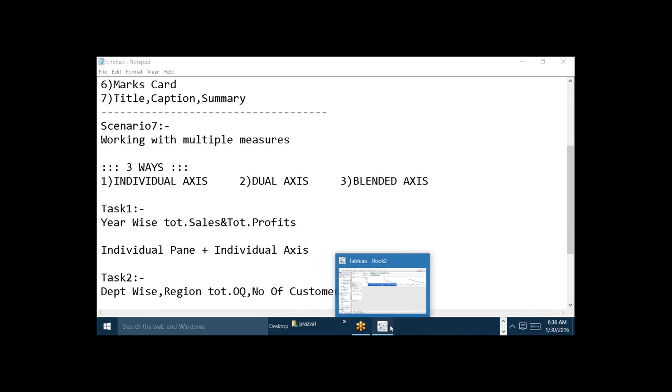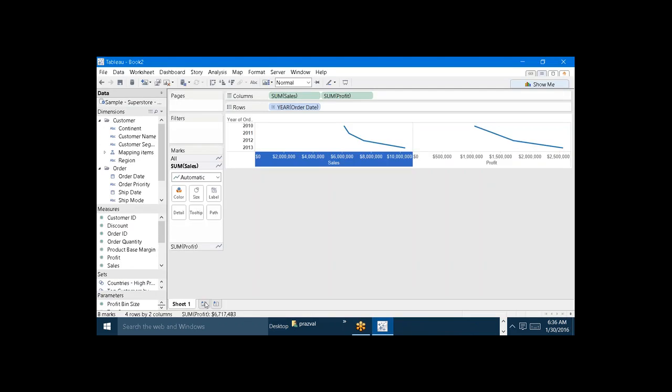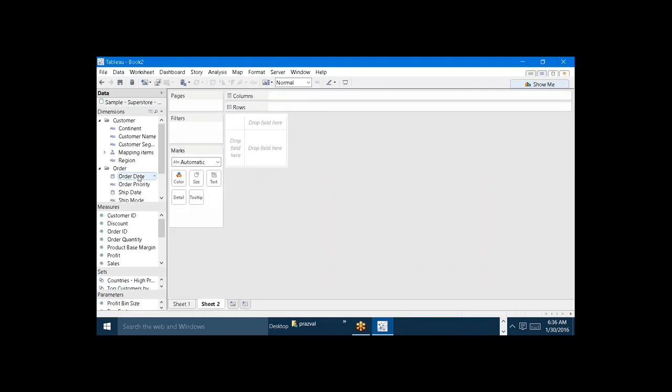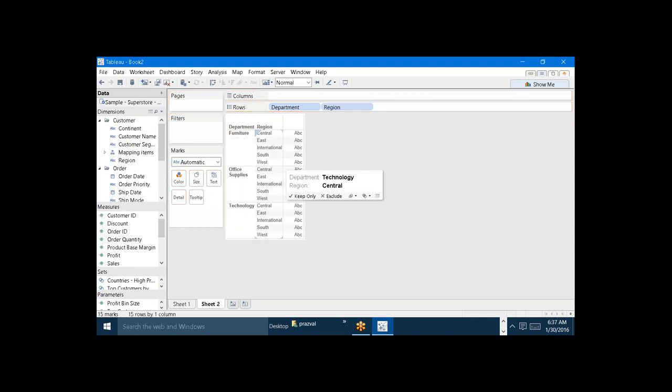So how to build this? Just create a new sheet. Department wise, region wise. So how to get department? Just go to the product. In the product we have a department. Just drag the department. So here we have two dimensions: one is department and the other is region. So department wise, region wise, here we have to show